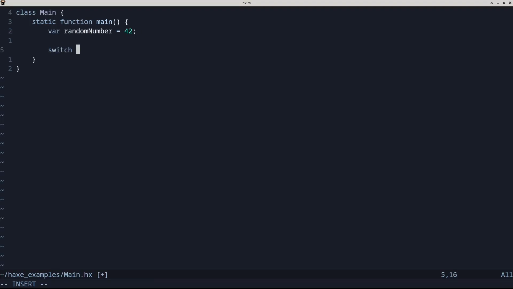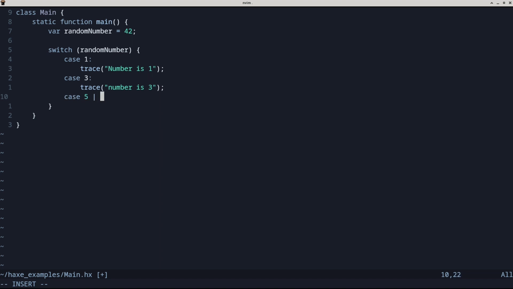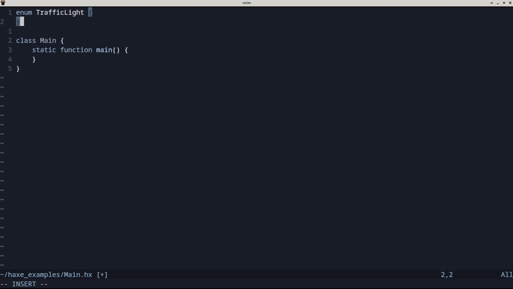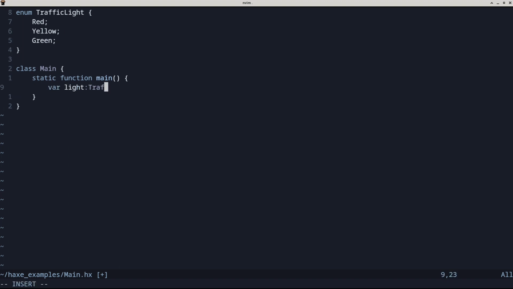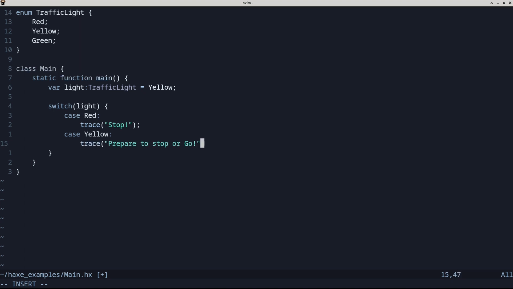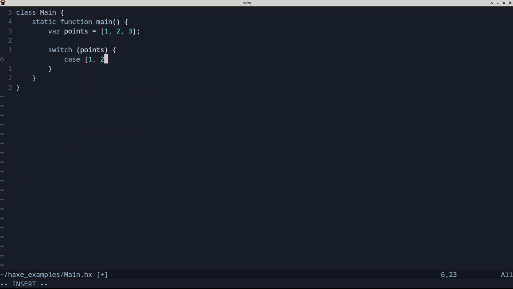Enums and pattern matching. Pattern matching and enums are incredibly powerful features in Haxe. If you are familiar with the Rust programming language, then you already know what I'm talking about. Pattern matching in Haxe is implemented in a very similar manner. The switch expression in Haxe works differently from that of C-like programming languages. It can be used similarly in very basic scenario, but one important difference here is that cases never fall through, so you don't need to put the break statement after each one.